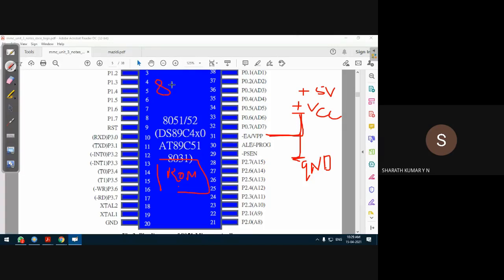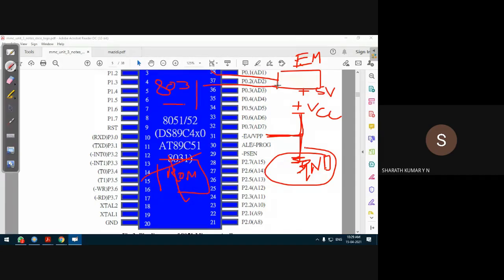In 8031 based microcontrollers, there is no internal ROM space. Any ROM or RAM is external to the microcontroller. In that case, this pin is connected to ground. Whenever this pin is connected to ground, the microcontroller will automatically access the external memory. It will not access the internal memory because internal memory does not exist. Now the question here is, for 8031, since the manufacturer knows that it does not have an internal memory, why is this pin given? It's understood that it will access external memory only. Then why give this pin?